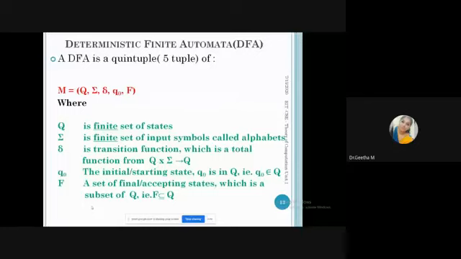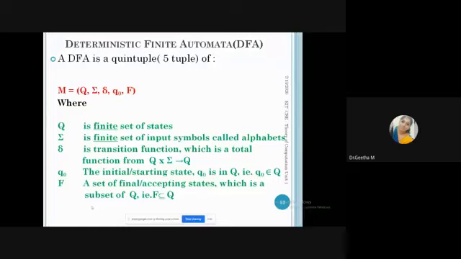So I started already. What is finite automata? This is also finite automata, but this is the definition of finite automata. Mathematically, how is your finite automata defined? This is a very, very important question. Your university always asks this question repeatedly, so you should not write any theory here, because we already discussed what is finite automata. If they ask you to define finite automata, you have to write this definition. So let us see one by one.